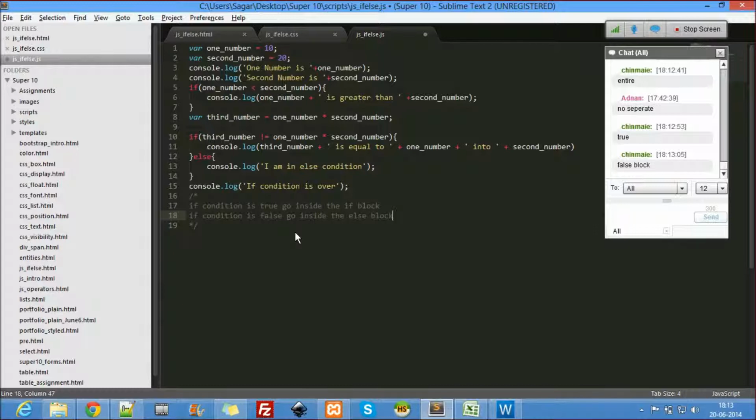It's all about experimentation. If else is all about experimenting. Take numbers, take strings. Let's take strings here. So let us just take a string here, where name equal to Tutoslive. If name, this is what you'll be using most of the times. Remember this particular if condition. If name is equal to Tutoslive, console.log name is